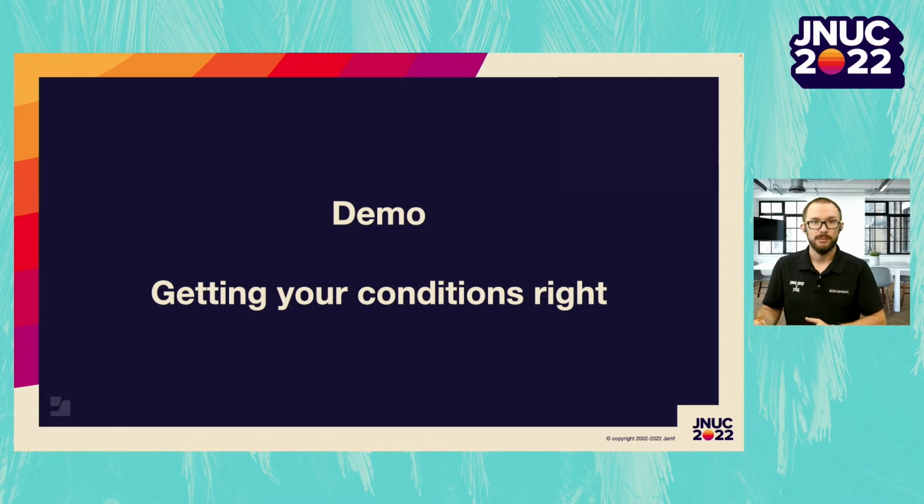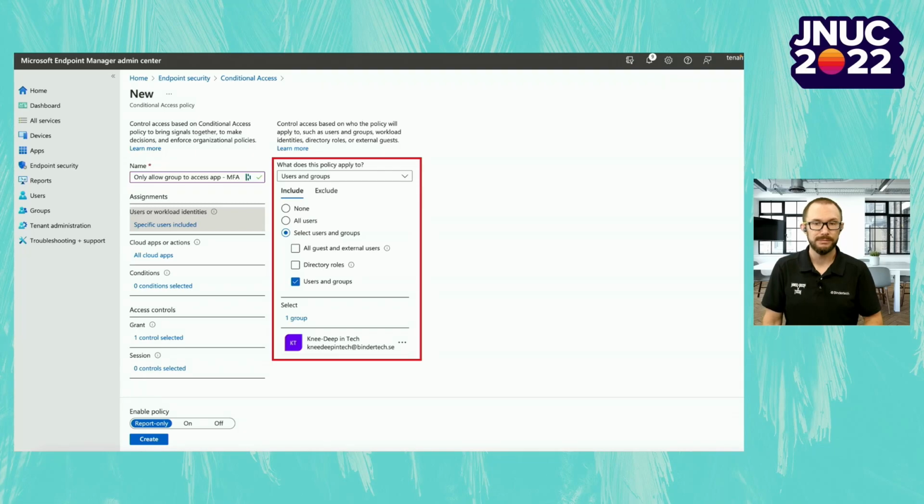So with this next demo, I will explain the most common mistakes I find within environments that I assess and how you can get started or continue your conditional access implementation. It is first and foremost essential to understand that conditional access does not work as a firewall, and I will give you an example of that. And this is only an example, but something I've found in numerous environments.